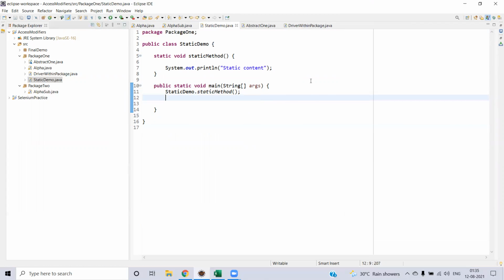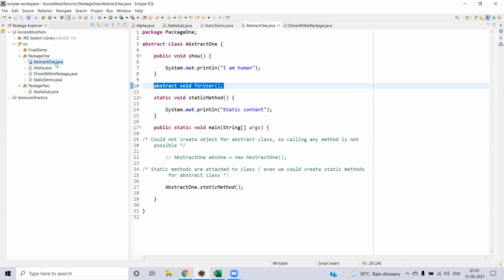Okay, let's go. Now we will go to the next point, which is nothing but abstract class. In abstract class and abstract methods, we already discussed that an abstract class can have 0 to any number of abstract methods. Let's comment out line number 10. Here you can see the public void show, which does not have the abstract keyword in front of the method, which means that it is not an abstract method. And you have a static method, which does not have abstract either, because static and abstract cannot be used at the same time. They are mutually exclusive.